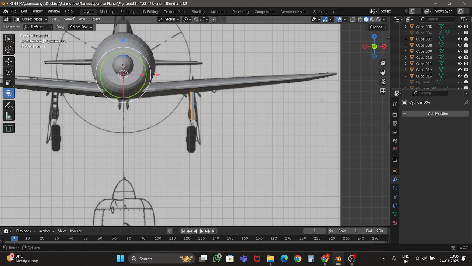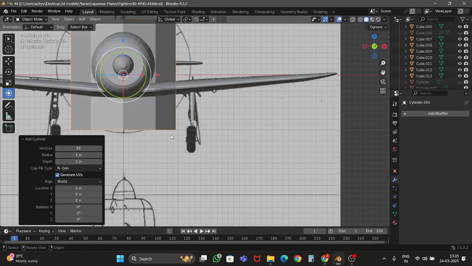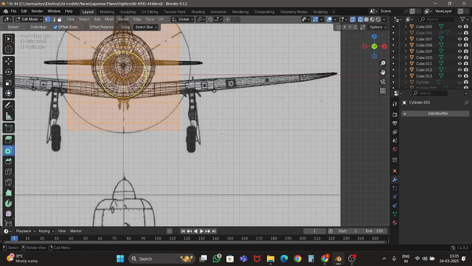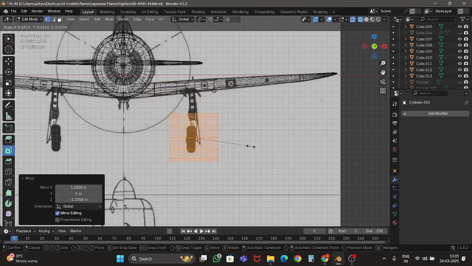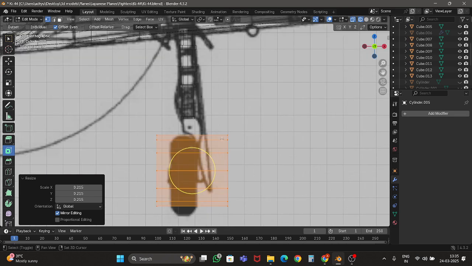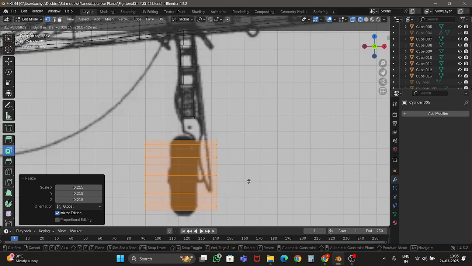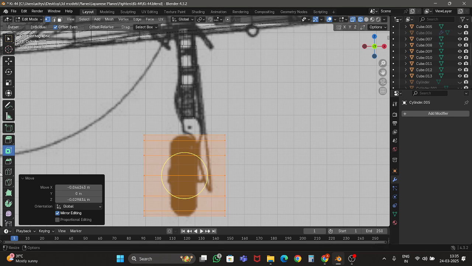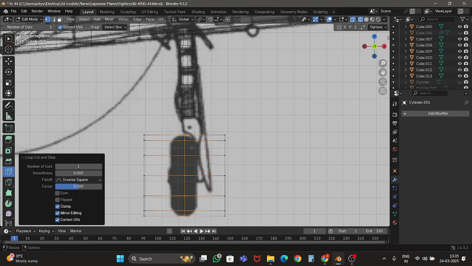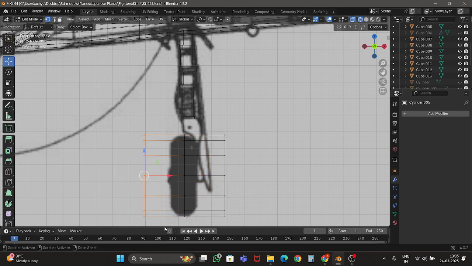and now we're going to add another cylinder. We're going to make this 12 vertices instead, rotate it 90 degrees. We're going to scale it down to the shape of the wheel, and we're going to add a control loop in the middle. Select the other vertices, add a mirror modifier,